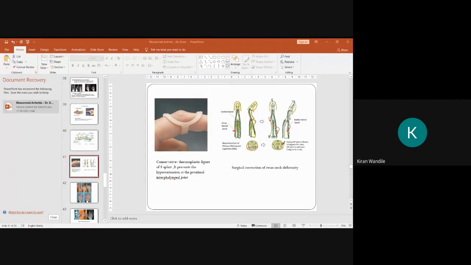Conservative management for the deformity: you can give various splints for the relief of pain, but you cannot reverse the damage, that is done only by the surgical process. You can give various appliances, splints, part fomentation, which is given in the initial phase also. But once the deformity is established, it is always treated surgically.